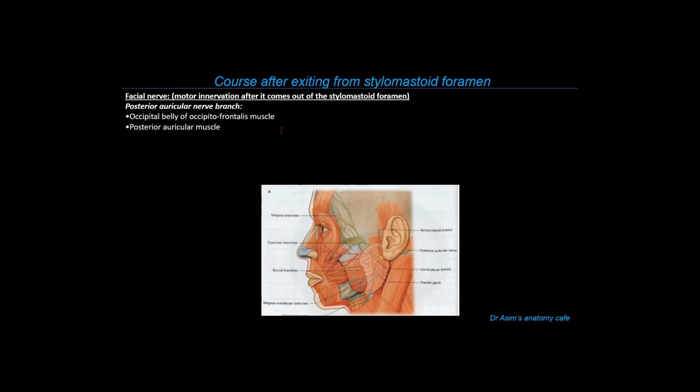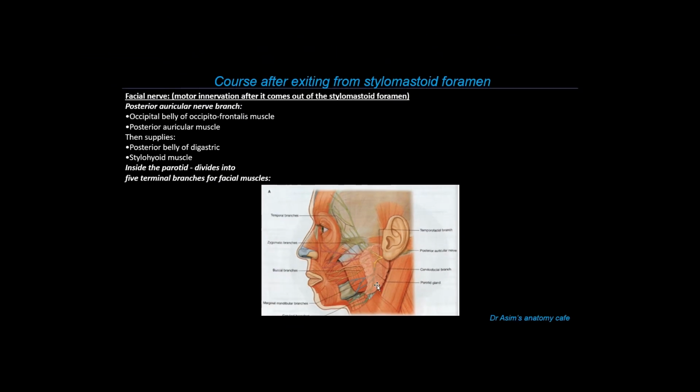After exiting through the stylomastoid foramen, the facial nerve innervates different muscles, including the occipital belly of occipitofrontalis muscle and the posterior auricular muscle right behind the ear. It also innervates some muscles, including the posterior belly of the digastric and the stylohyoid muscles, following which the facial